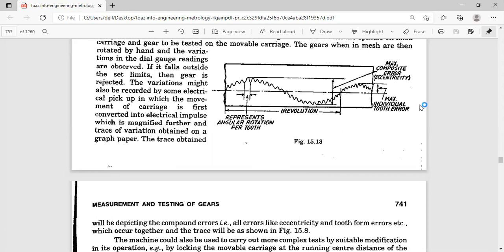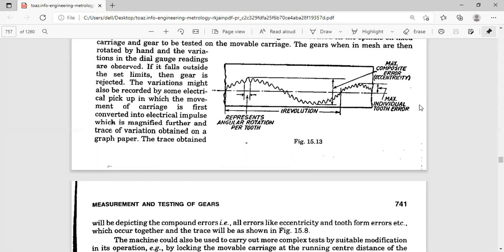I already told you in metrology, don't be satisfied with one particular reading. You have to take a set of 10 to 20 readings. Now, in this Parkinson gear tester, as I already told you, there are two spindles.